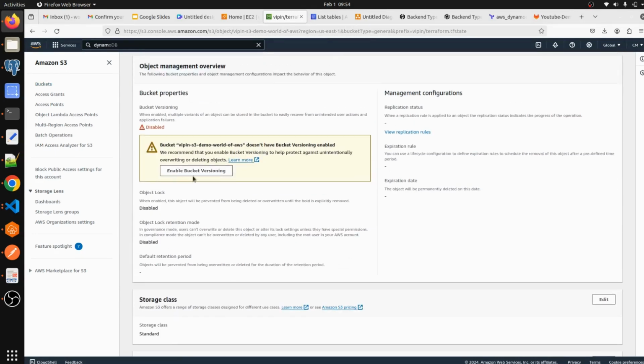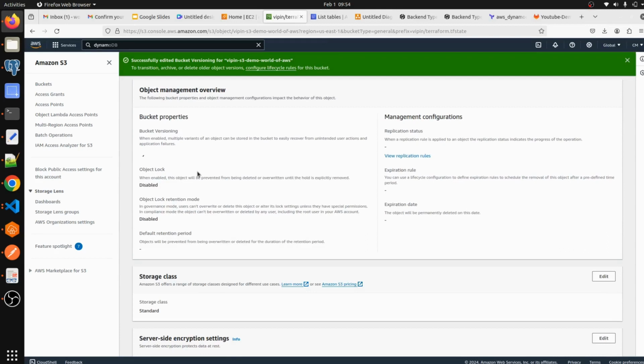Okay, so it's asking to enable bucket versioning. We have enabled bucket versioning as well. So whenever you make changes in your Terraform script, there will be another version. Like, suppose you are pushing your Terraform code for the first time, then it will create version 1, then version 2, or you can manually manage your versioning as well.